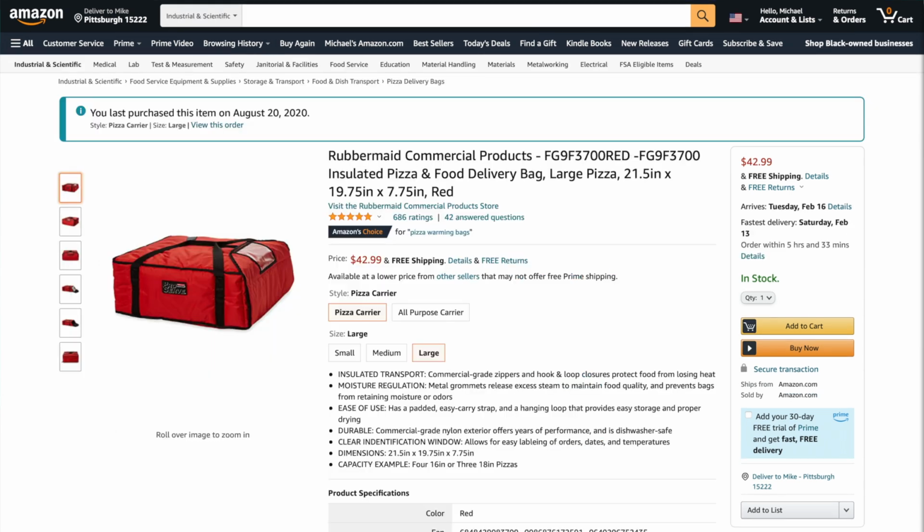Whenever I think about food delivery, whenever I'm driving, let's say Postmates, Uber Eats, or if you're driving on DoorDash or Grubhub, what have you, right? When it comes to carrier bags, I just want it to work. I don't want it to break. I want the quality to be there and really just accomplish its main goal, is to keep the customer's food